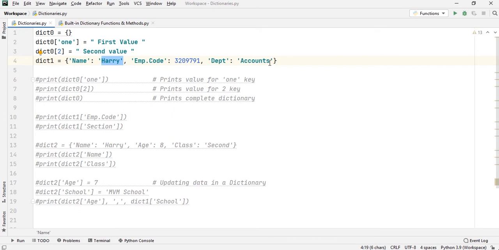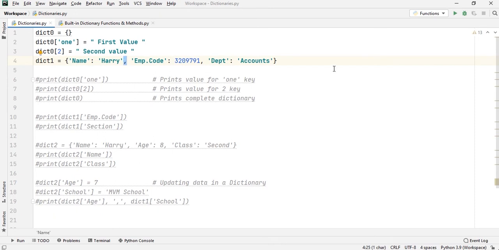Each key in a dictionary is separated from its value by a colon. As you can see here, this colon separates the key value pair. The items are separated by commas. This is one item, a key value pair. This is another item, another key value pair, and these two are separated by a comma.